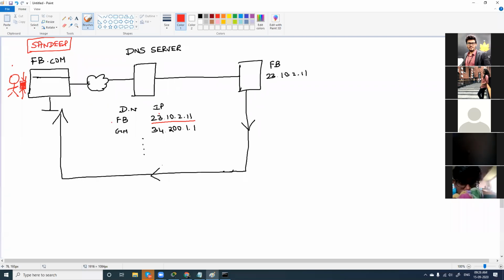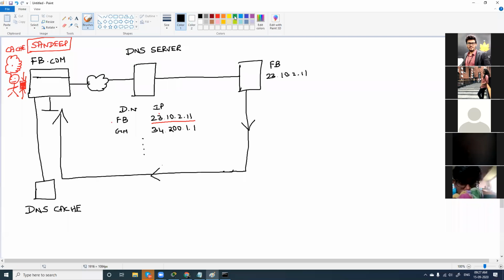But before I take my mobile and dial Sandeep's number, I have my own memory here. I have a little memory here, and I think, okay, Sandeep's number is 9894 something. I try recollecting his number, 9894. So even if we have a DNS server, the computer has its own memory, or you can call it cache memory, which also stores a few of the DNS details. This is called DNS cache, which will be present in your computer.